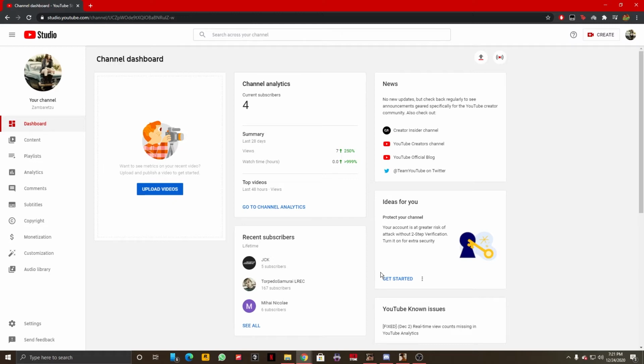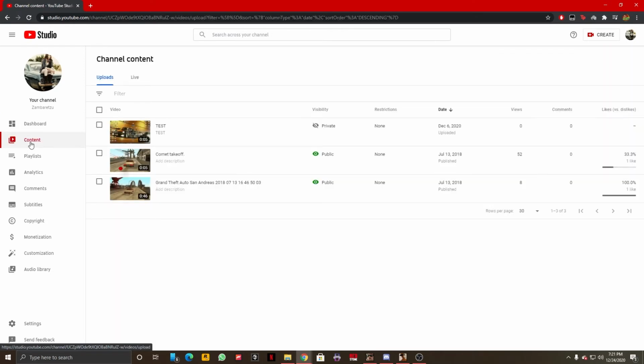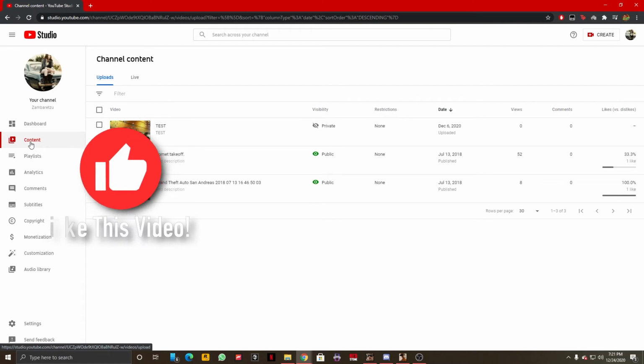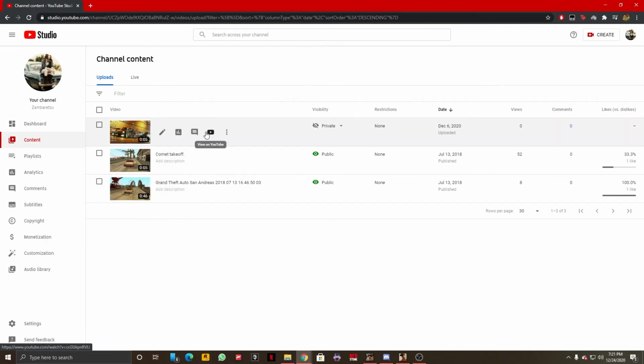So, once you're into your YouTube Studio page, just like I am right here, what we need to do is just head over to our left side of our screen and click on Content. Now this should show us all of our videos. In order to add thumbnail to them, we are just going to select one of them and click on it